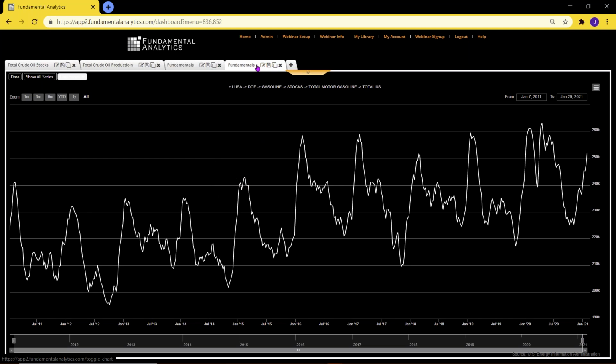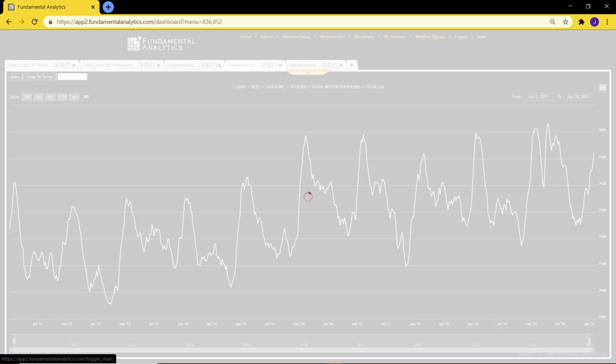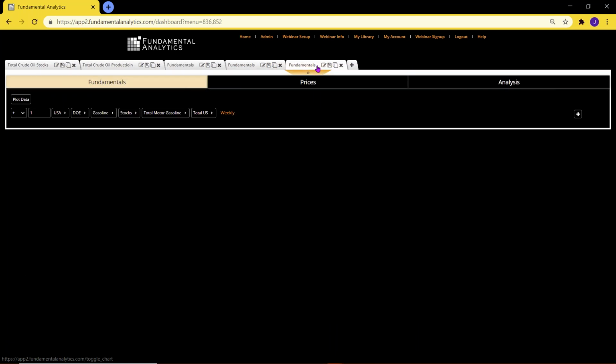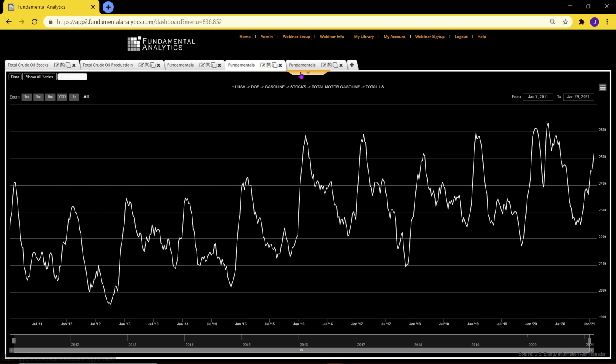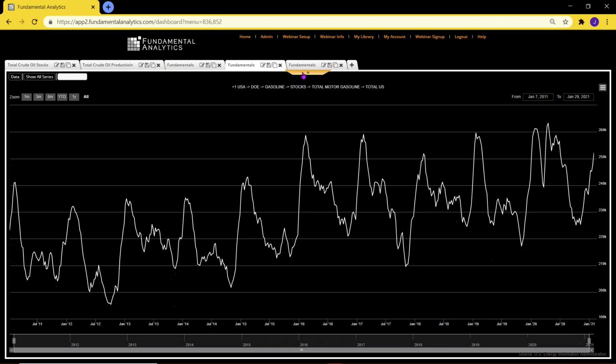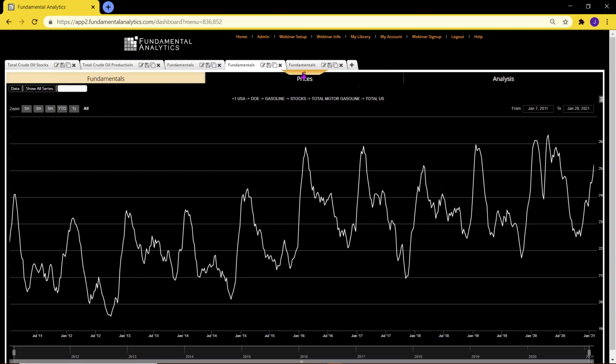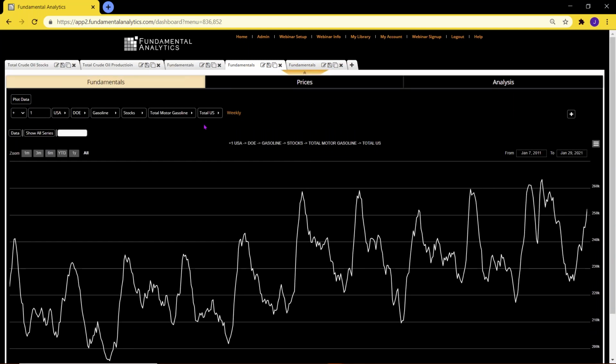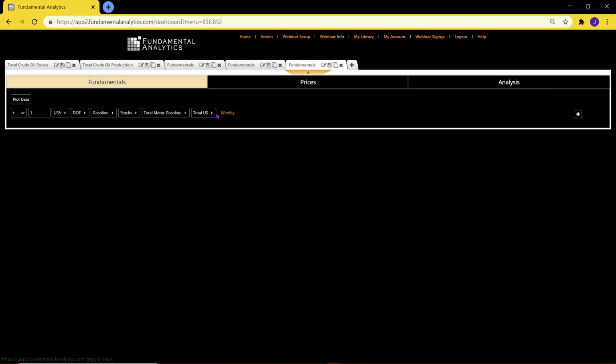And again, I could rename this gasoline stocks and have a series of tabs with all the individual names. I'll duplicate this, go back to the fundamentals, and I should remind you, this mid-tab here is an important way of going back and forth from the chart or data that you're looking at and seeing the steps that were used, what we call the parameter estimates that were used to create the chart. We go back here, we're talking about stocks of gasoline.